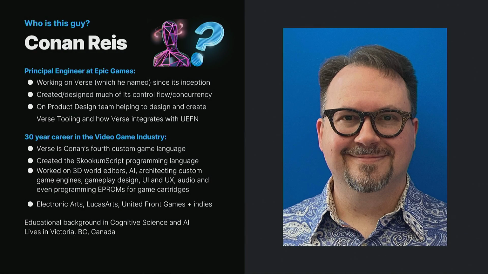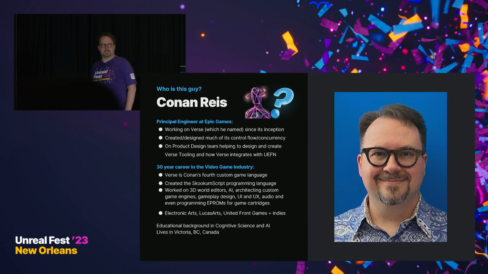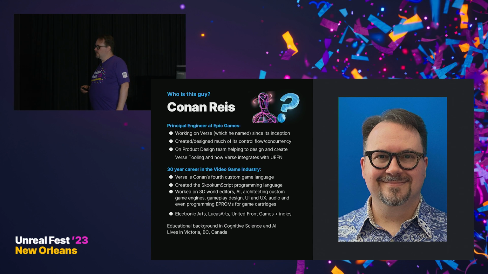So this is me. Verse is the fourth game programming language that I helped create. There are all sorts of concepts that evolved over time that finally made their way into Verse. The concurrency aspects are probably the most evolved and most stable aspects of certain ideas that I've seen work over time. They are pulled from an earlier language I did called Concurrency, which some of you might have heard of. It was hooked up to Unreal.